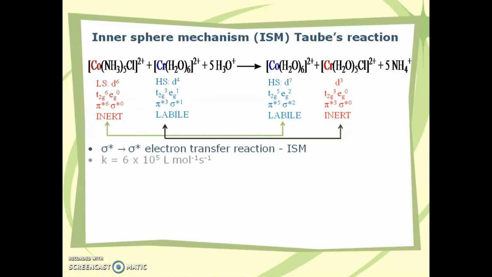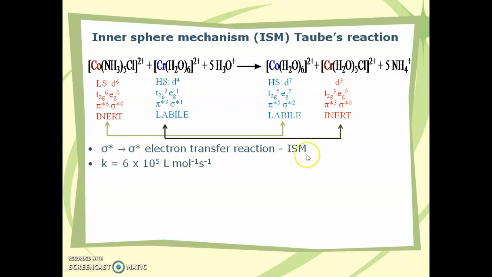How have we observed it? Because the reaction rate is very fast. It is 6 into 10 power 5 liter moles inverse seconds inverse. So how has the rate of the reaction become very fast? Because in the OSM we have seen that when there is a change in the spin of the complexes before the reaction and after the reaction, the rate of the reaction is slow. But how is the rate of the reaction becoming so fast, and the entire mechanism of the reaction also changes